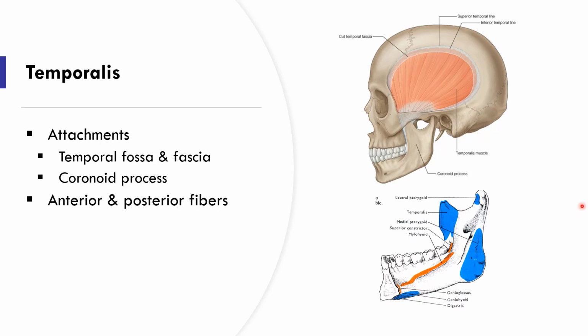You can see there are two different types of fibers with respect to their direction, anterior fibers and posterior fibers. We can appreciate here anterior fibers are running vertically down and posterior fibers are almost horizontal. This type of direction will give different actions. Anterior fibers will do elevation of the mandible, which will pull the coronoid process, which will clench the teeth. This is elevation. And posterior fibers will pull the coronoid process backward. During their contraction, they will retract the mandible when it is protruded.